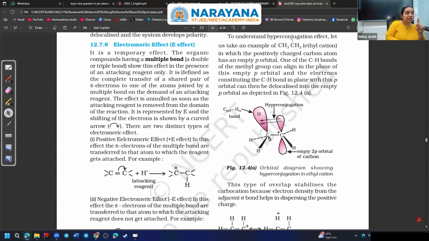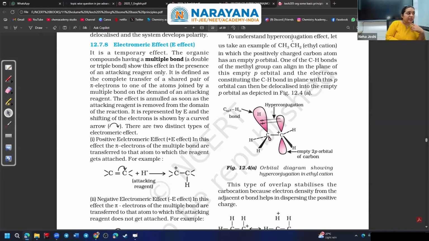When something attacks, then this effect is shown. So it is temporary. When that thing is gone, see, on an alkene H plus is coming, right? So this was a neutral bond, but when H plus approaches it, it generates a positive charge. So it is in presence of this